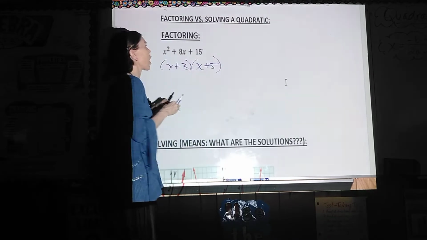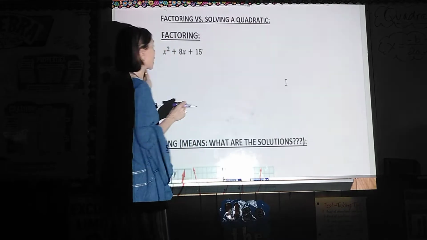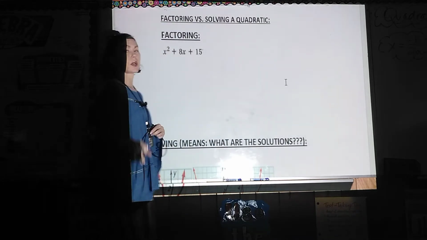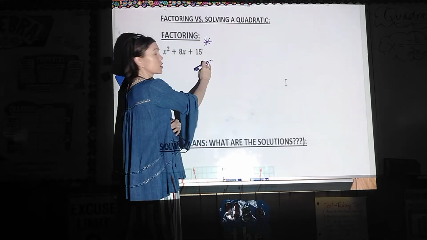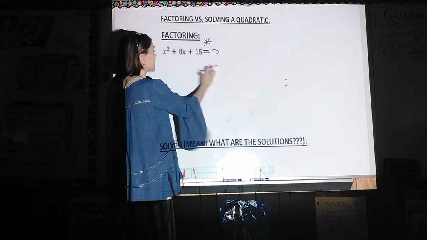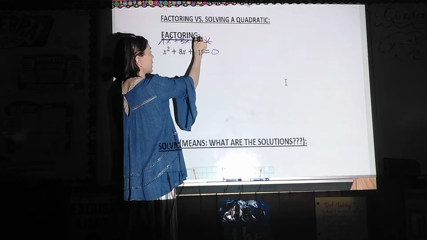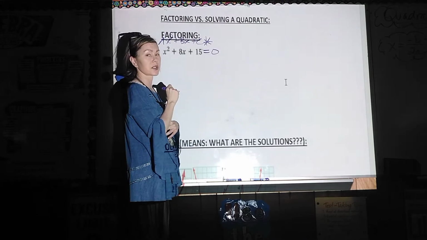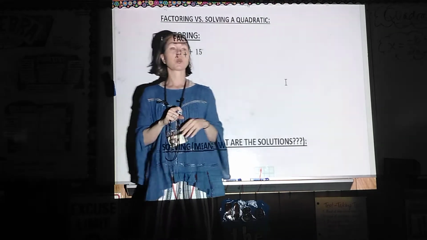But when we are solving the quadratic for solutions, number one, put the star, the quadratic is set equal to 0. And above this, I want you to write, once again, ax squared plus bx plus c, because that reminds you, what is your a, what is your b, what is your c? Yes, we need to know what that is again,